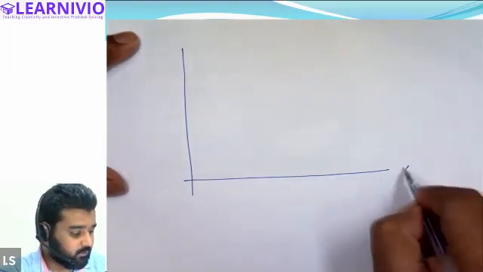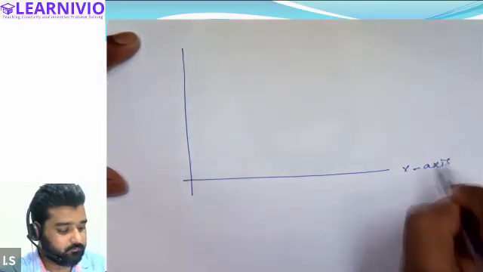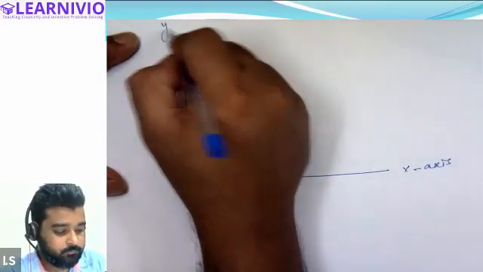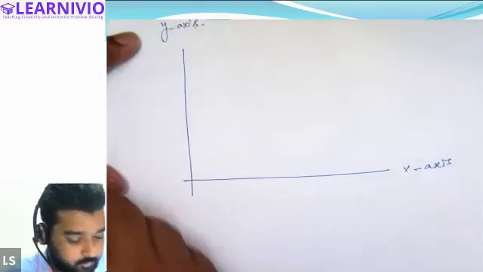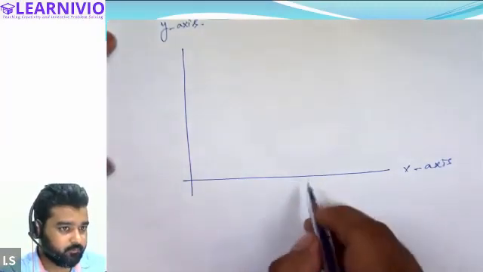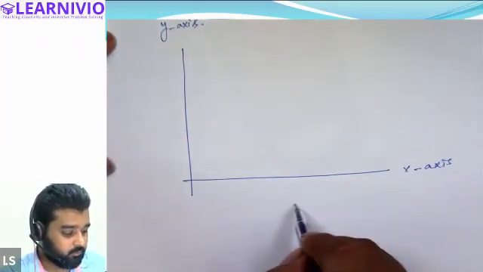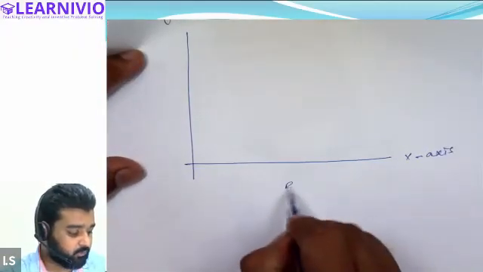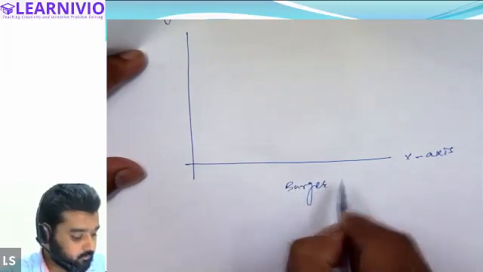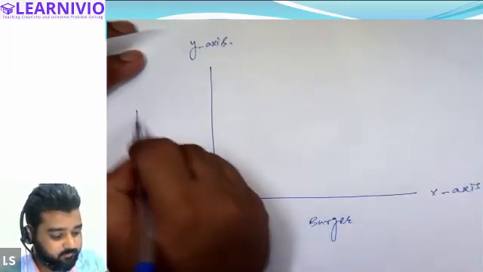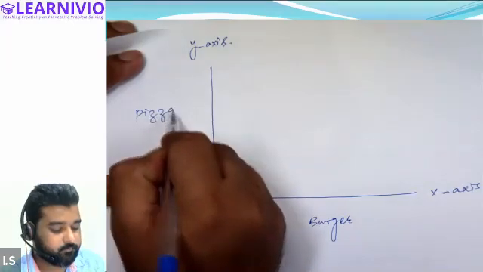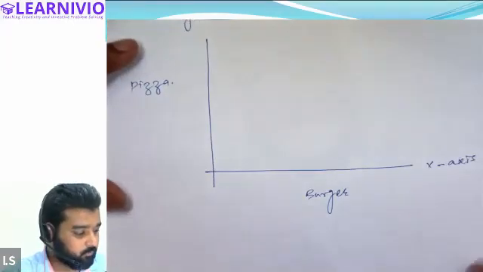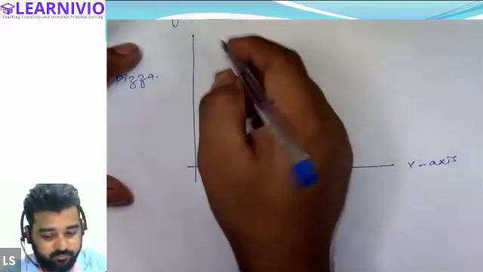This is our which axis? This is the x axis. Then we have the y axis. Let's say, which good was increasing? We were increasing burger, right? So burger will be shown on the x axis and pizza on the y axis. All right. Now, what was the first combination?